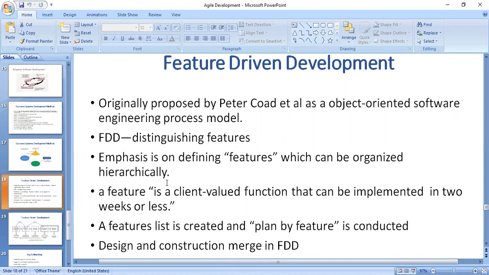FDD blends a number of industry-recognized best practices into a cohesive whole. This practice is driven from client-valued functionalities, and its main purpose is to deliver working software repeatedly and rapidly, in time, in accordance with the principles of agile. FDD was initially designed to meet the specific needs of a 50-person development project at a large Singapore bank in 1997.